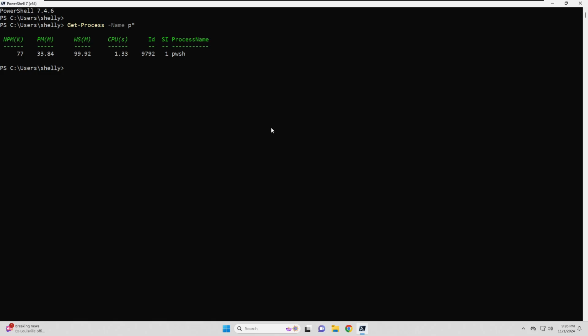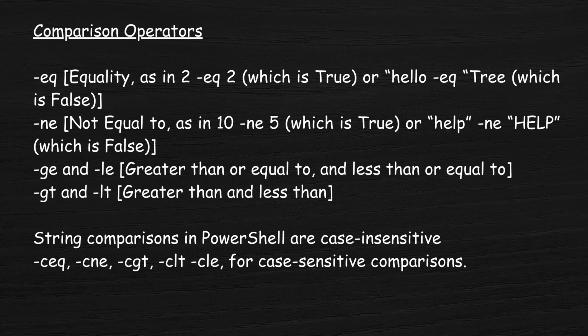For example, if we want to filter the processes with more than 1 GB of memory, the cmdlet Get-Process has no way of doing so. So we need to work with the Where-Object cmdlet. Now to work with Where-Object, we first need to learn comparison operators, and PowerShell uses the following comparison operators: -eq or equality, as in 2 -eq 2, which is true, or hello -eq 3, which is false. -ne, not equal to, as in 10 -ne 5, which is true, or help -ne help,